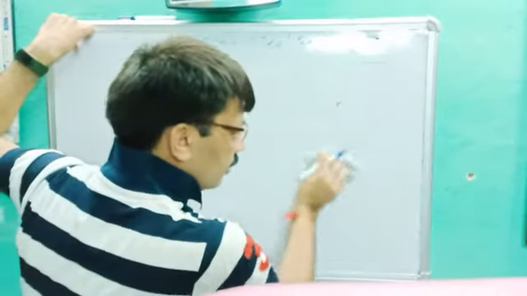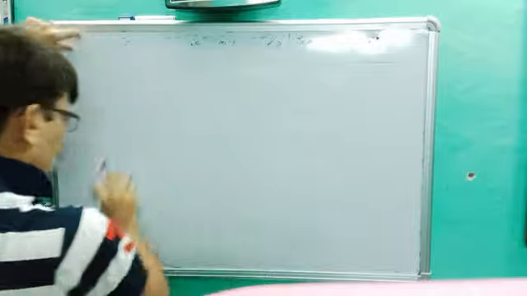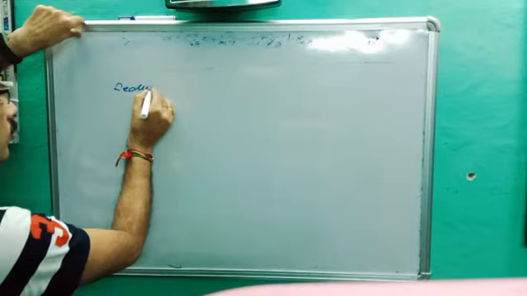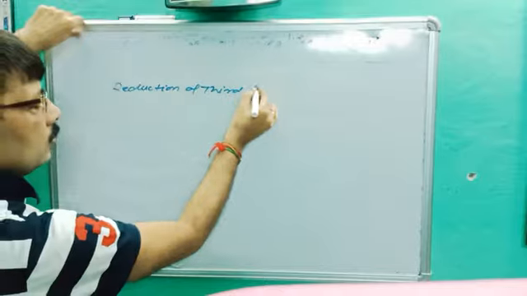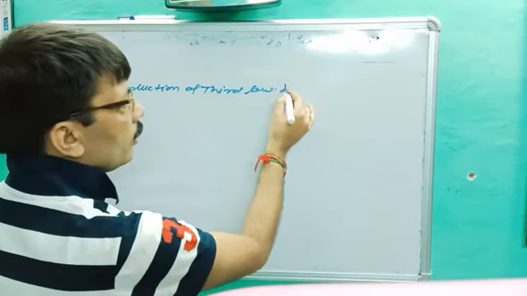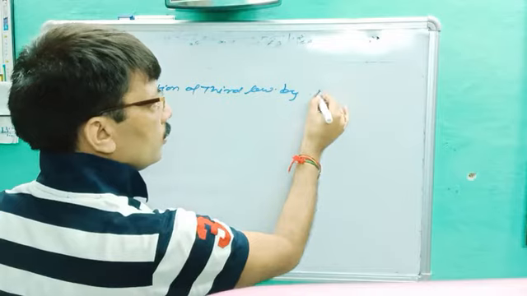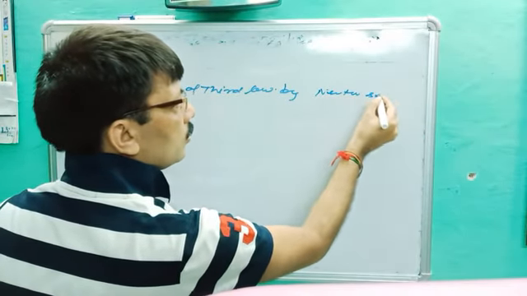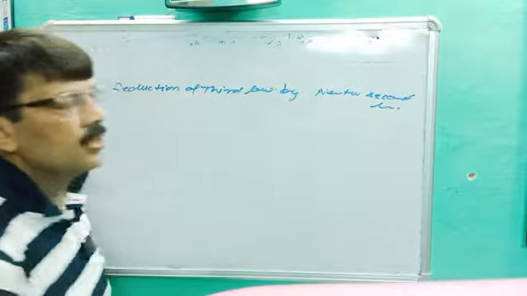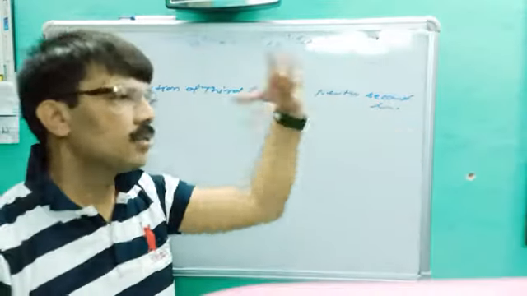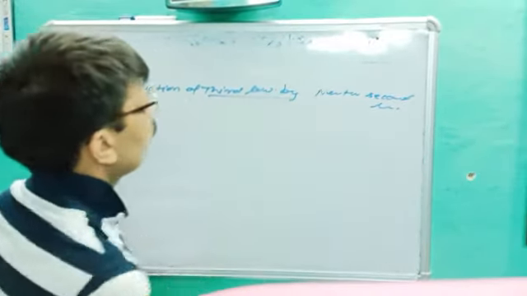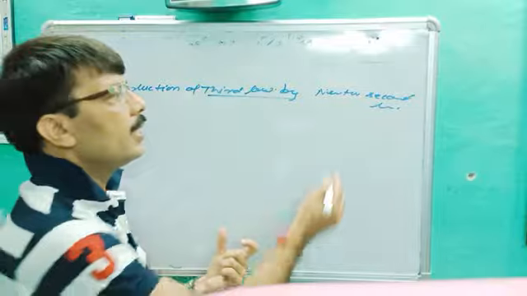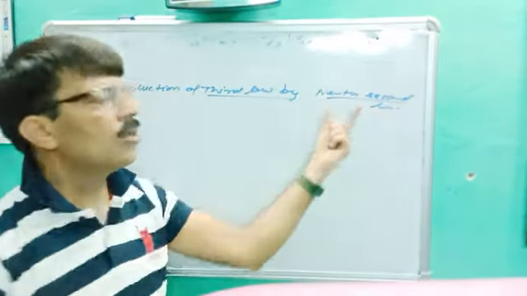Now we can deduce the third law by Newton's second law. You better know, the second is called the fundamental law. By the second law we can deduce the first law as well as the third law. So our next topic, very, very important, is the deduction of the third law. We get the third law by using Newton's second law, which is also called the law of momentum.